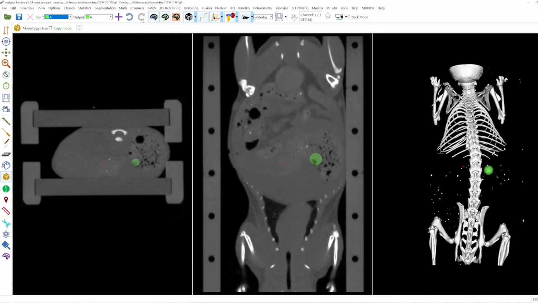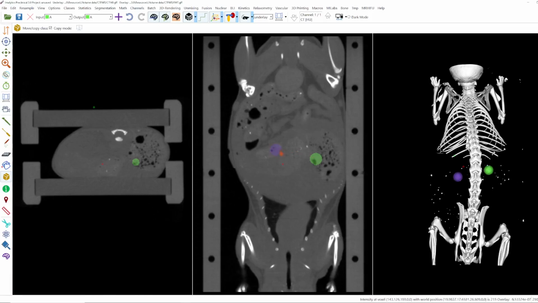Okay. And you can also copy a class. Therefore you have to activate this tick box called copy mode. And now we copy the class. Therefore you have to go inside one voxel of the original class. You press with the left mouse button. You see that a red line appears and it will show you where the new class is generated.